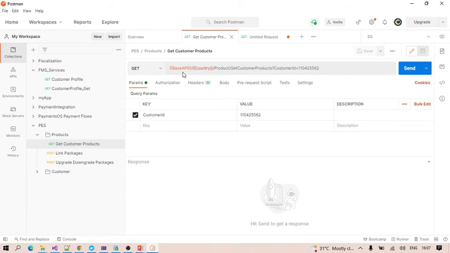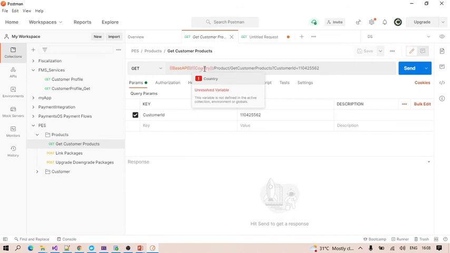So what is the advantage of using this? If we are running any API, like this get customer products API, we don't need to update this URL again and again. We just select the environment here, like DT, and we know that the base API URL is updated in the base API variable inside the DT environment.